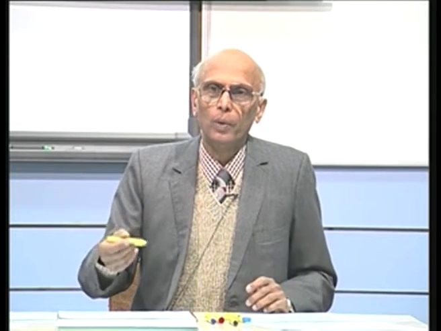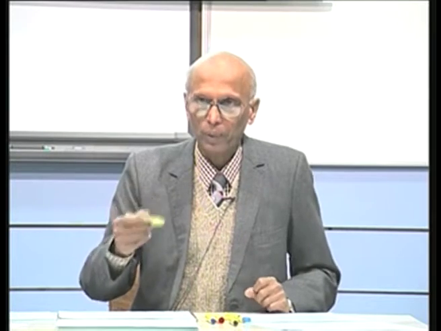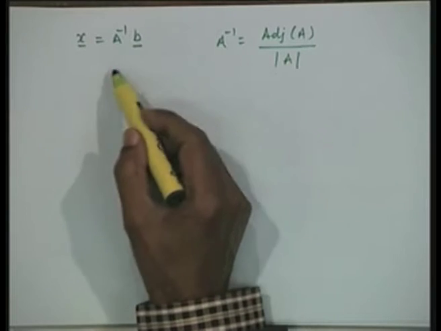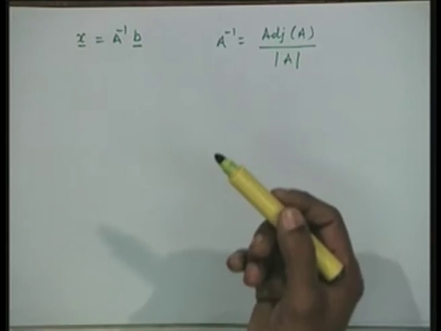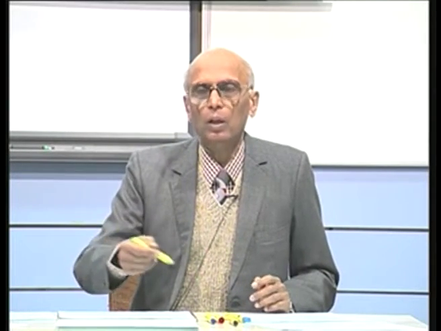Therefore, we need much simpler methods which can give us the inverse as well as the determinant, and any one of the methods can be chosen. In fact, if you are solving a problem with more than one right hand side, then it would be easier for me to solve for A inverse once, store it, and then the different right hand sides can be used, that is A inverse b1, A inverse b2, A inverse b3, and so on. Once we determine it, we can have the solutions, and that is a practical problem also. Suppose you take a very simple problem of the Poisson equation, solving in a circular or rectangular region with different boundary conditions by a finite difference method.